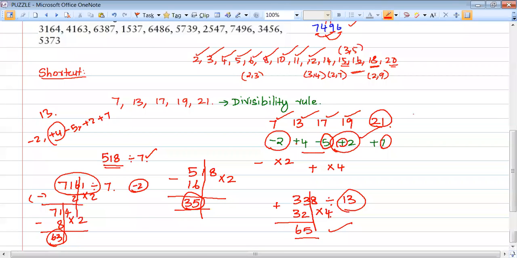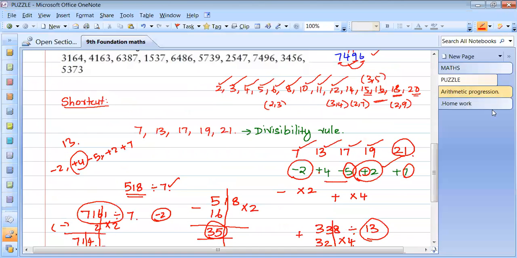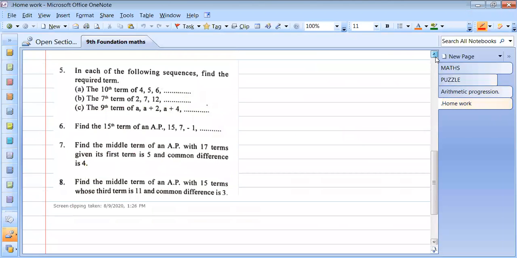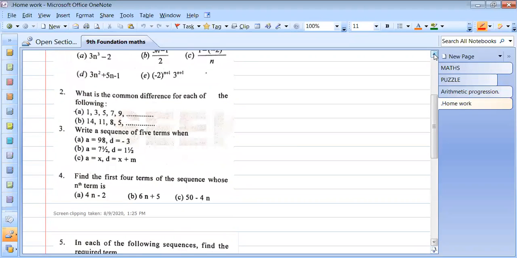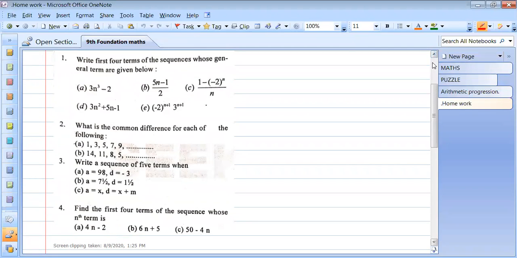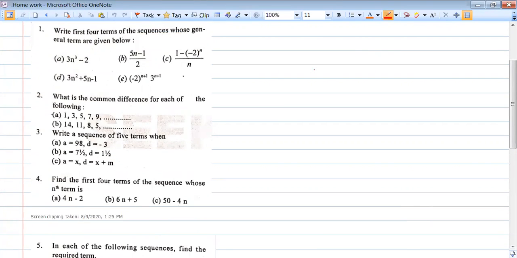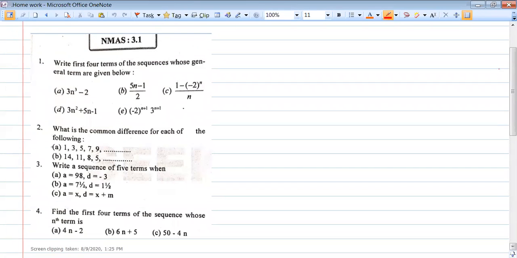So thank you, dear students. First of all, everyone, note down the homework. Many students left. It's not good. So please note down the homework. Take the screenshot of the homework. So this is the homework for next week. Please take the screenshot of this. Homework question 1 to 4. Have you all taken the screenshot?